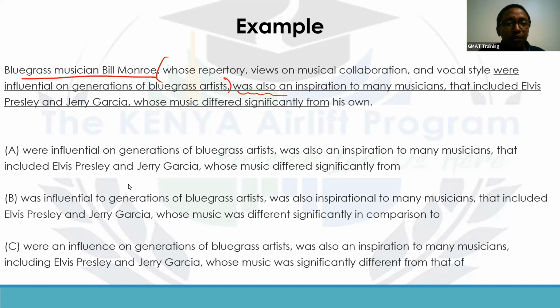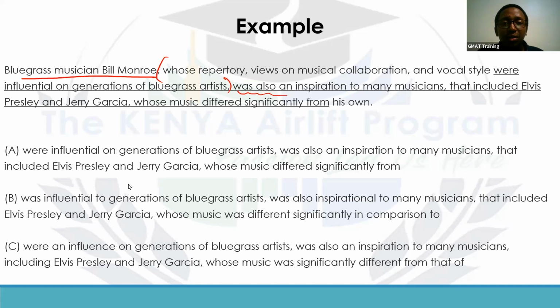So A, and this is important because this is one of the situations where the subject is actually not underlined. So if it's not underlined, you have to make sure that whatever verb that refers back to this subject is actually correct. So we see musician Bill Monroe, whose repertory,